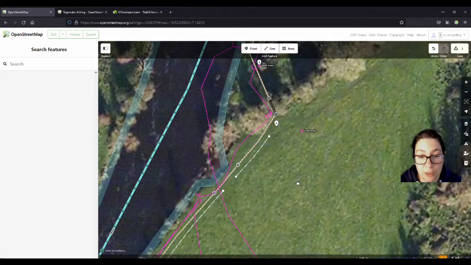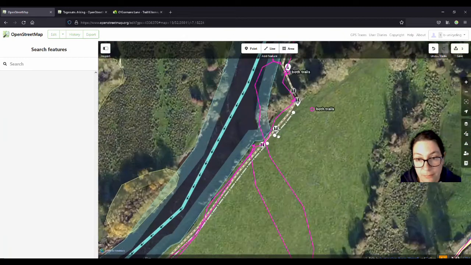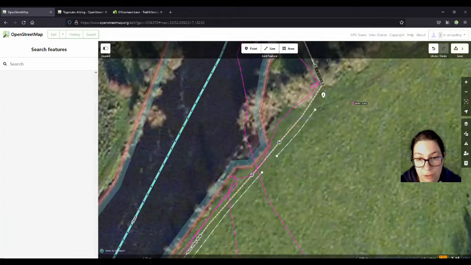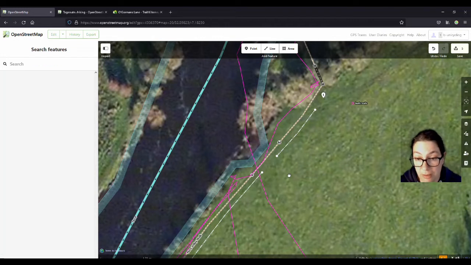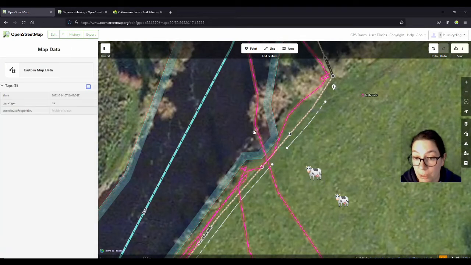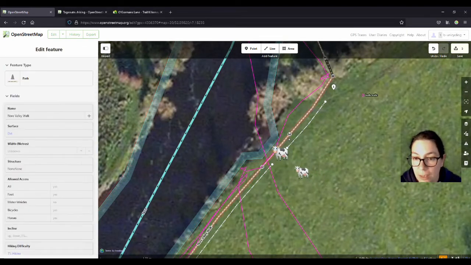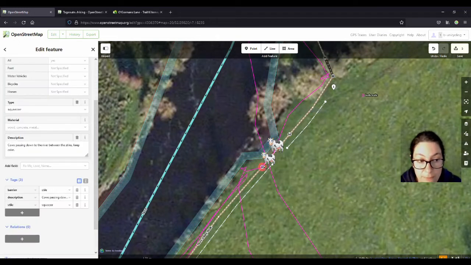Another thing I want to show you is this case here. So there's a meadow here with cows in the field, and the river comes up to here, and there's an electric fence here, stops for a bit and then it continues on. So you can add all these electric fences as well because it might be important for some people. Anyway, there's cattle in the field here, and the cattle is very much allowed to go down to the river and drink there. So they might come onto the trail, but you see there's a squeezer stile here and also another squeezer stile here to prevent the cows from coming onto the trail. You'll still encounter them sometimes.